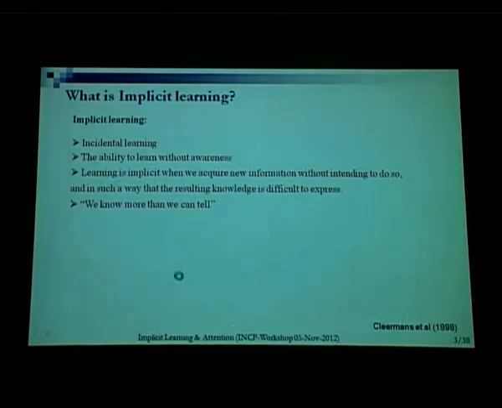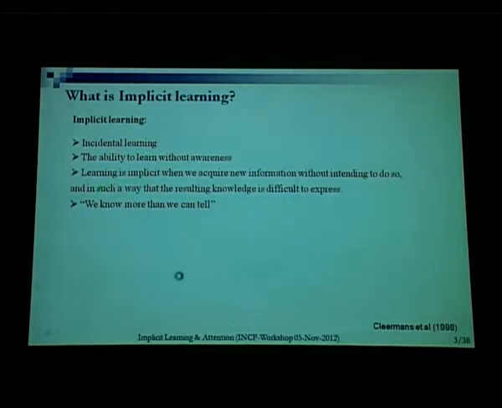What is written here is not a definition, but a way to understand this. It's incidental learning. You are processing stimuli, and there is something that happens within your system that's incidental, and the ability, broadly, to learn without awareness,